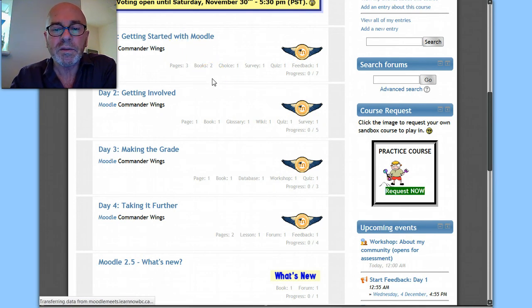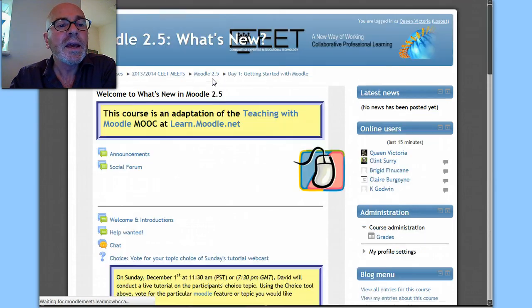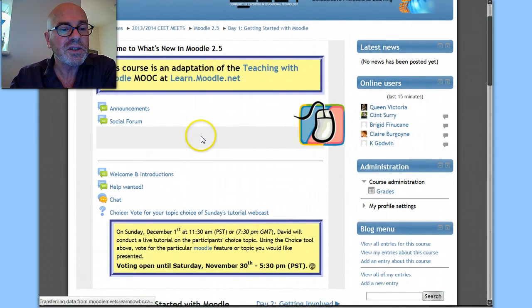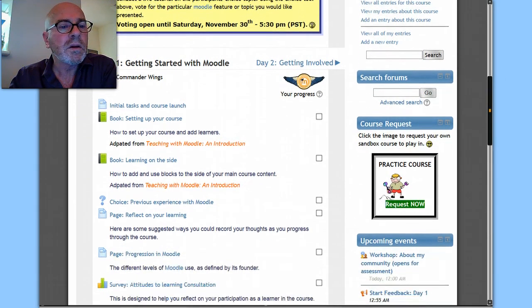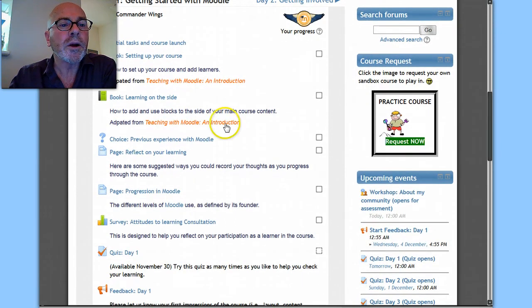And it might take a moment. The site's probably quite busy. And then you enter. You still have the regular stuff at the top of the screen, but if you scroll down, it opens up the book.